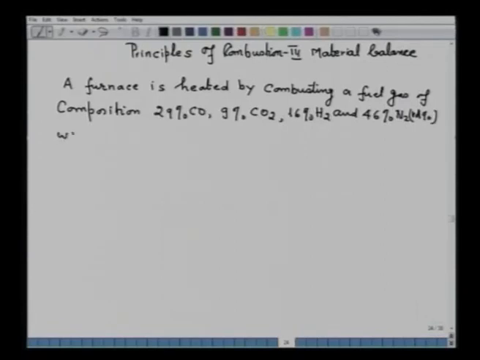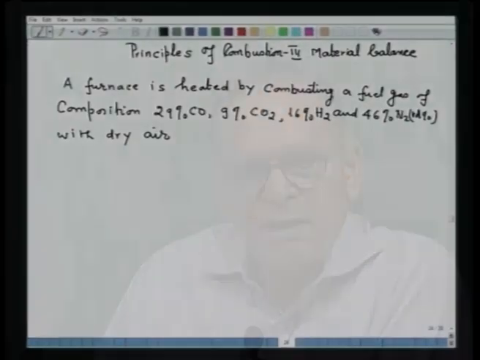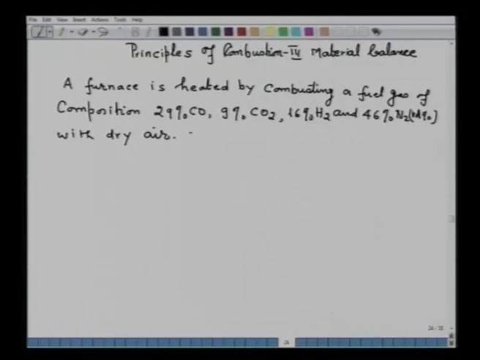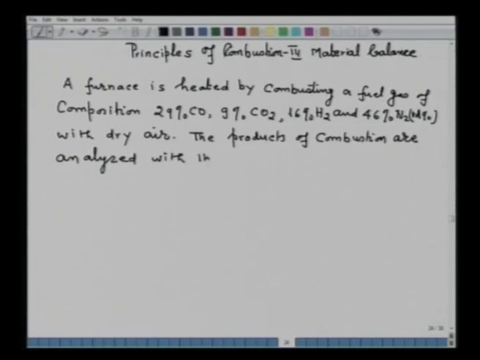With dry air. When we say dry air, the air has a composition of 79% nitrogen and 21% oxygen. The products of combustion are analyzed with the Orsat apparatus,